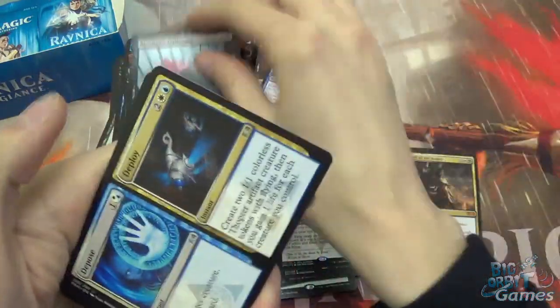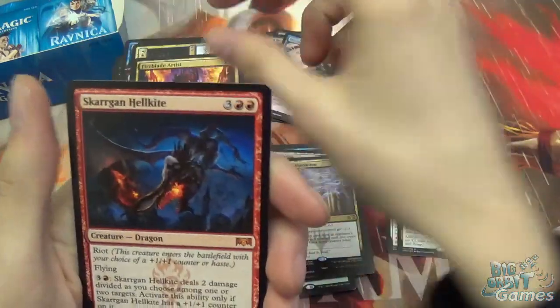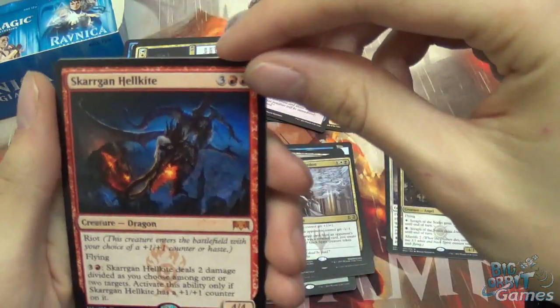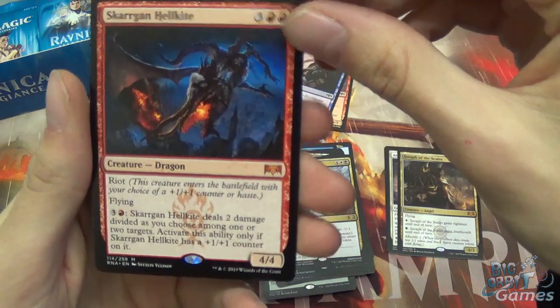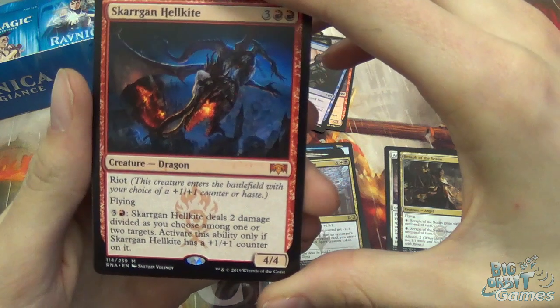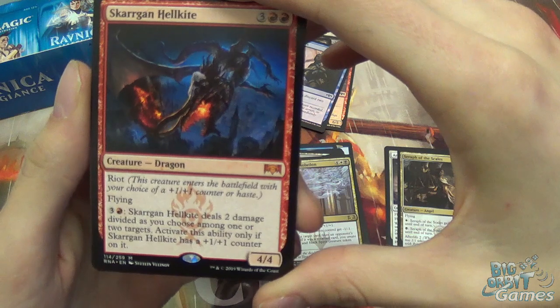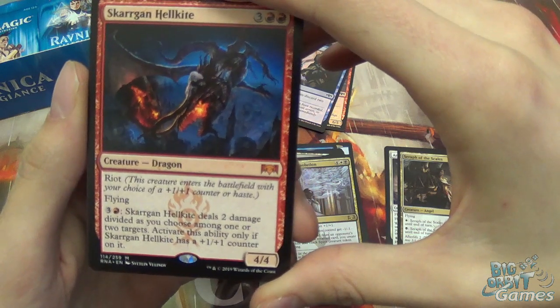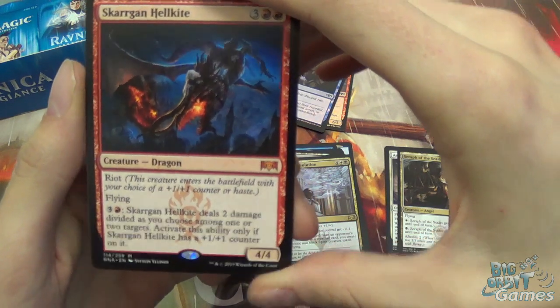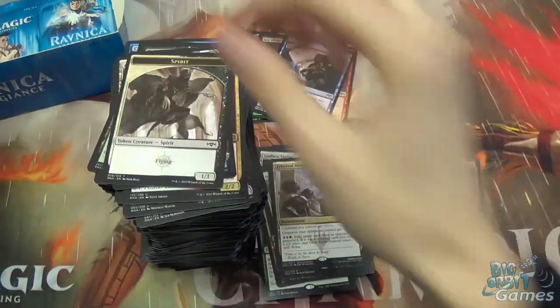Bloodmist Infiltrator, Deploy, Fireblade Artist, and Skarrgan Hellkite. Mythic with Riot, flying. Pay three and a red: Skarrgan Hellkite deals 2 damage divided as you choose among one or two targets. Activate this ability only if Skarrgan Hellkite has a +1/+1 counter on it. And then...